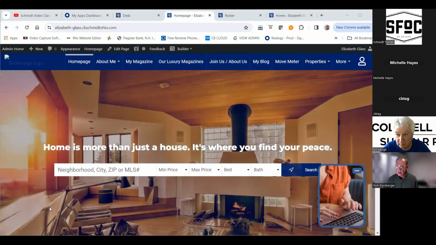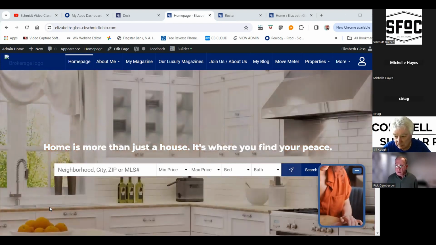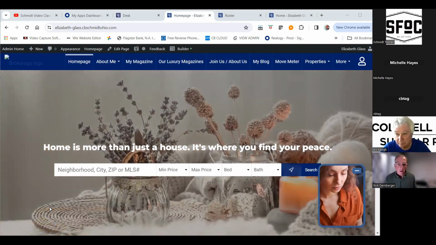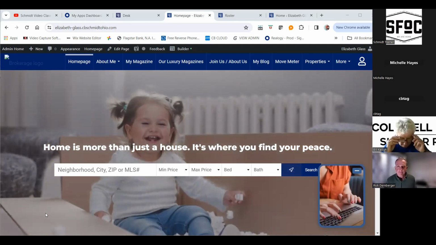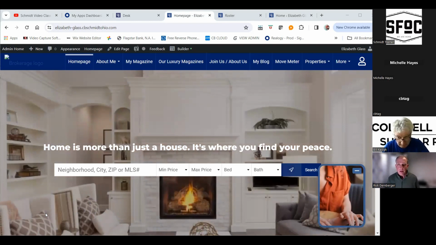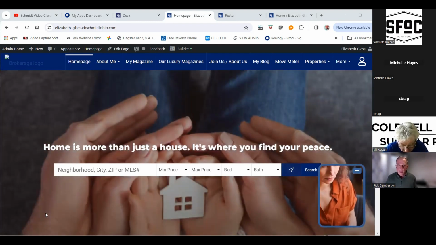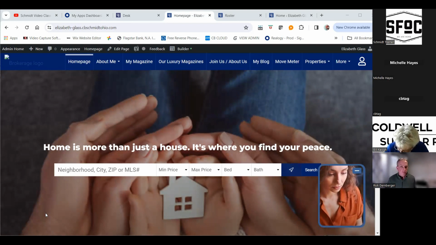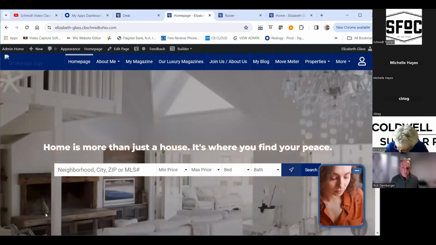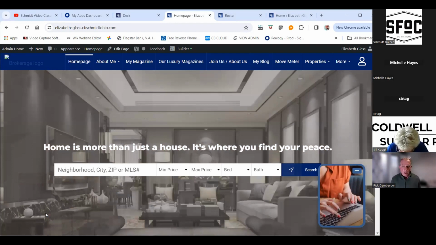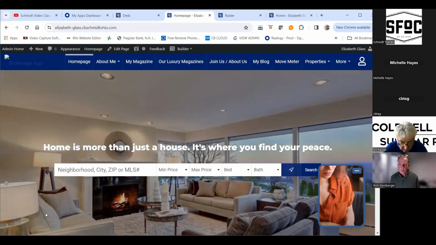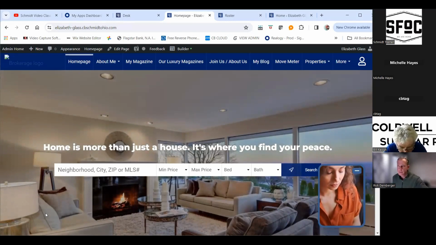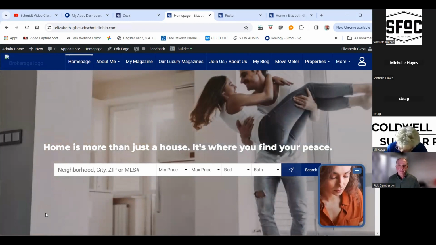Today, I'm actually going to talk about something that's been highlighted recently because it's a tool from the brand, but it's been focused in on some things connected with the NFL, and that's the Move Meter. So for those of you who are not familiar with the Move Meter, it's actually a tool from the brand that lets you do a city by city comparison for people who are really looking at two different areas, and it breaks it down for you. Now, there was a different way that they used it with the NFL recently. They were taking teams and allowing it to connect with the team so that you can connect cities. And it was just a fun, playful way that they actually allowed the Move Meter to get quite a bit